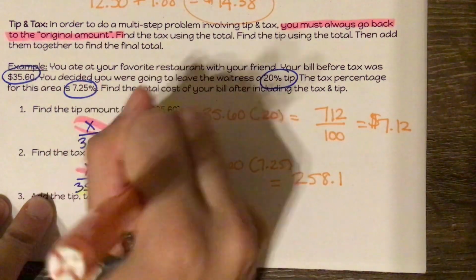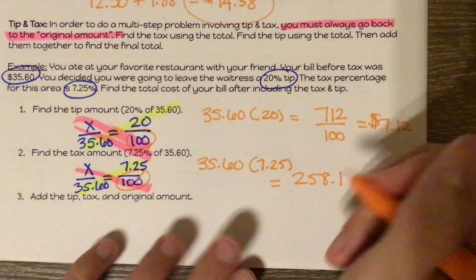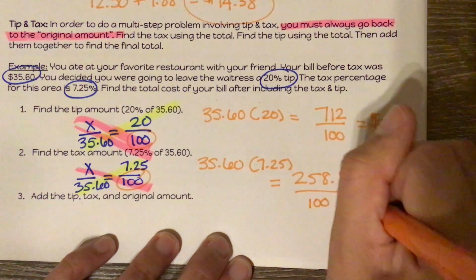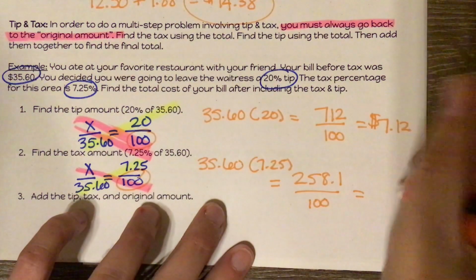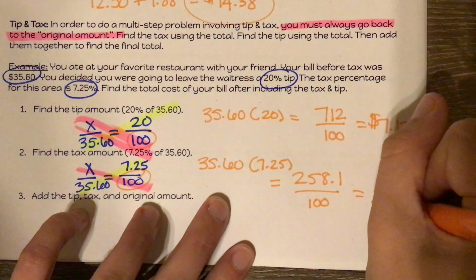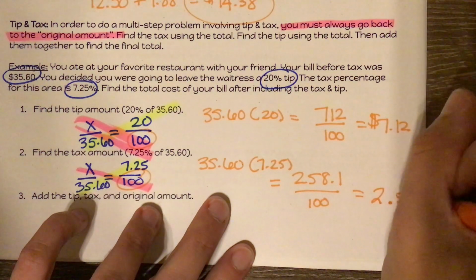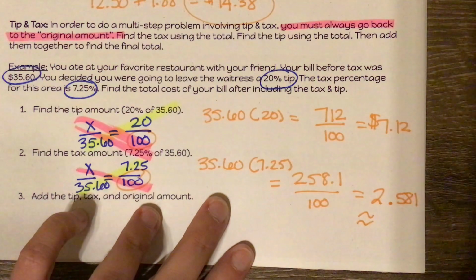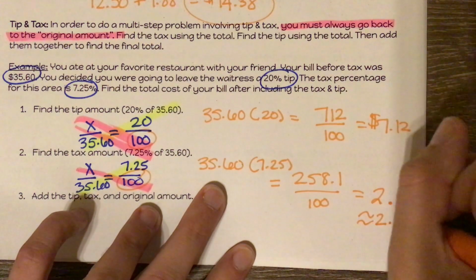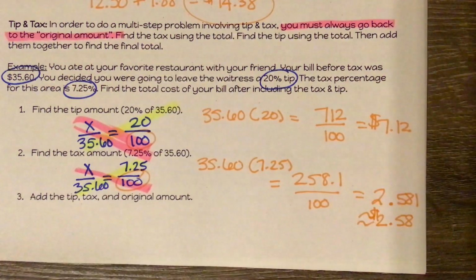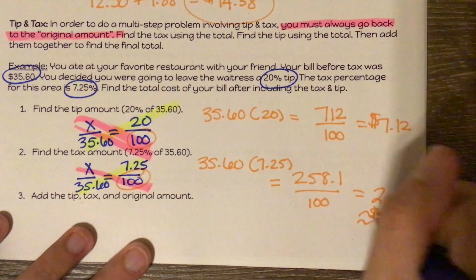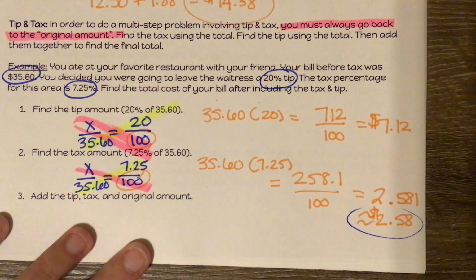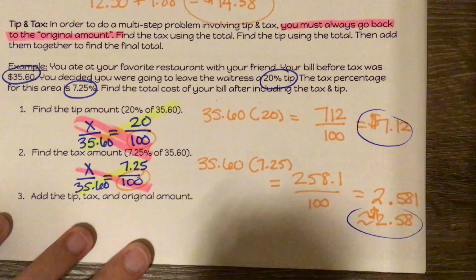And then I'm dividing by the number in the same diagonal as the variable, so dividing by 100 equals 2.581, which rounded is about $2.58. So now, when we are finding our total amount, we are taking our tax, we're taking our tip, and